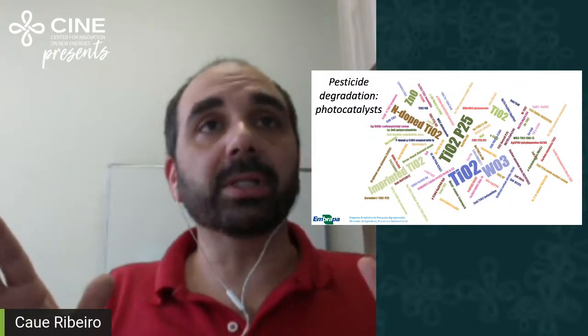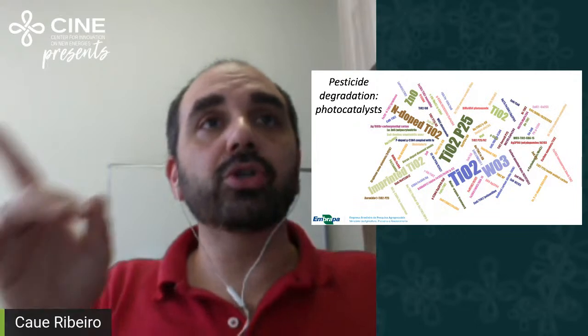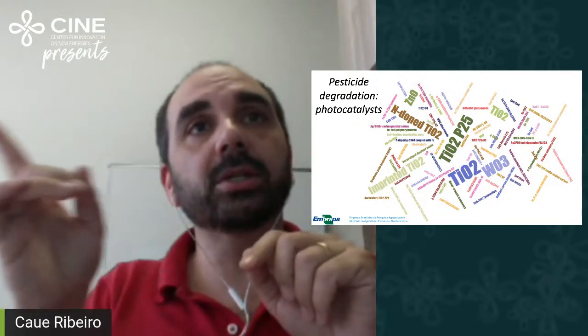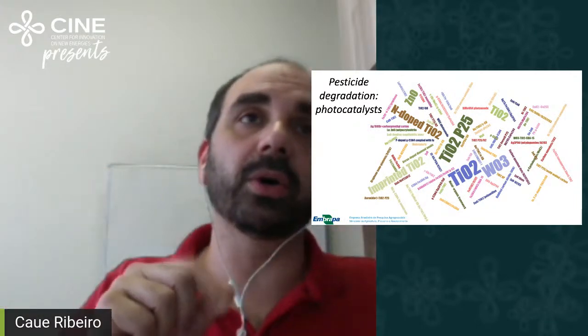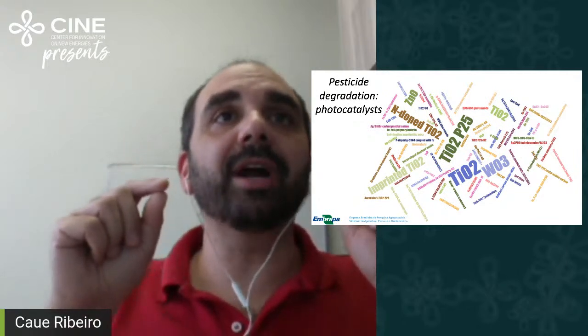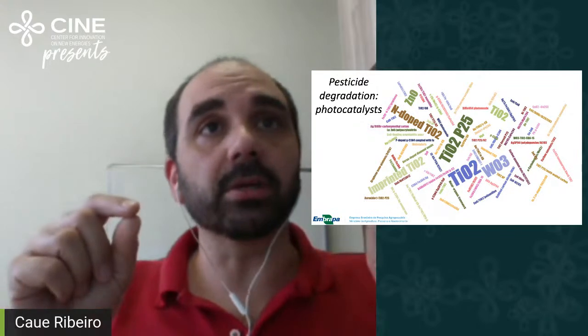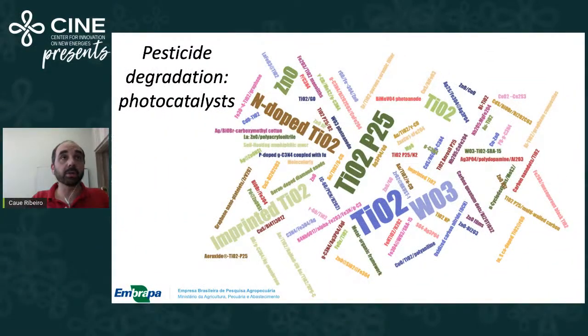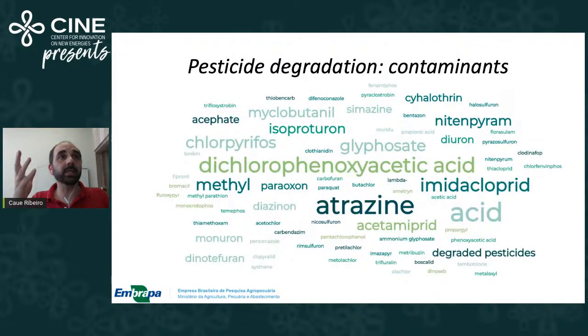Again, the most important part is that the titanium oxide is doing the two, in the reduction side and in the oxidation side, to radicals which are very oxidative radicals. Both of them can be explored. But this word cloud is also illustrative because we can use the same idea to understand